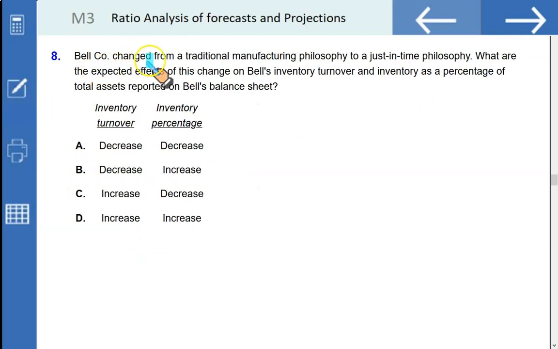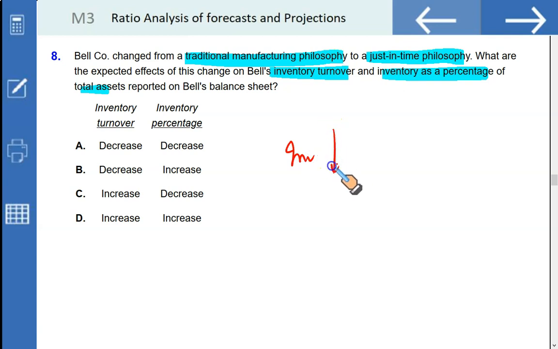Bell Company changed from traditional manufacturing philosophy to just-in-time philosophy. What are the expected effects of this change on Bell's inventory turnover and inventory as a percentage of total assets? If the company moves from traditional to just-in-time, in that case the inventory balance will fall. If the inventory balance will fall, then you will have to purchase your inventory more frequently, so inventory turnover would